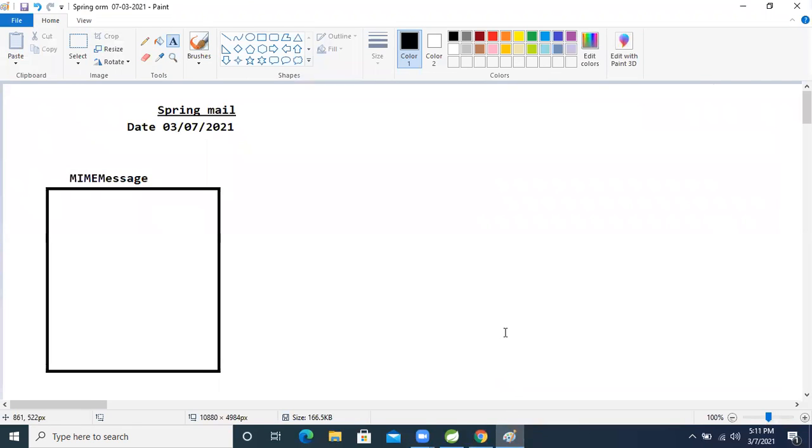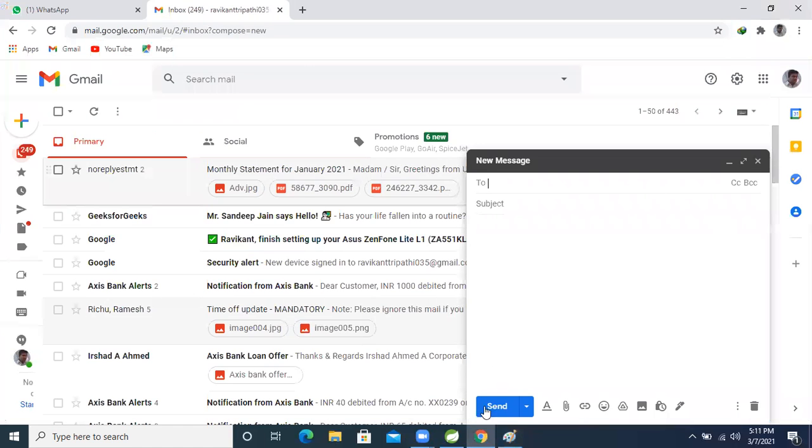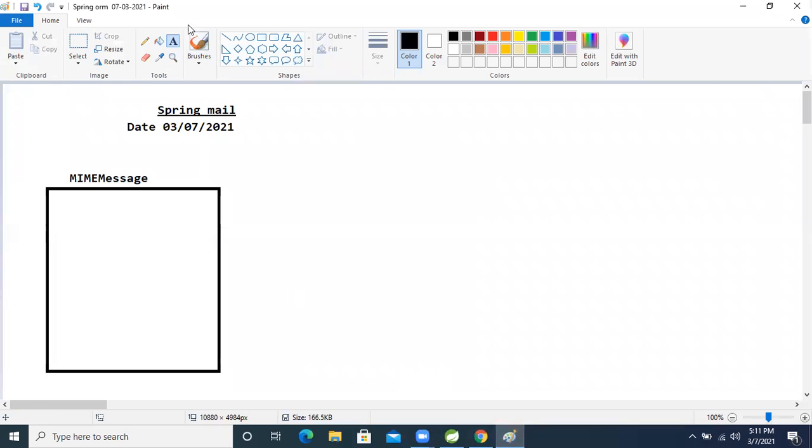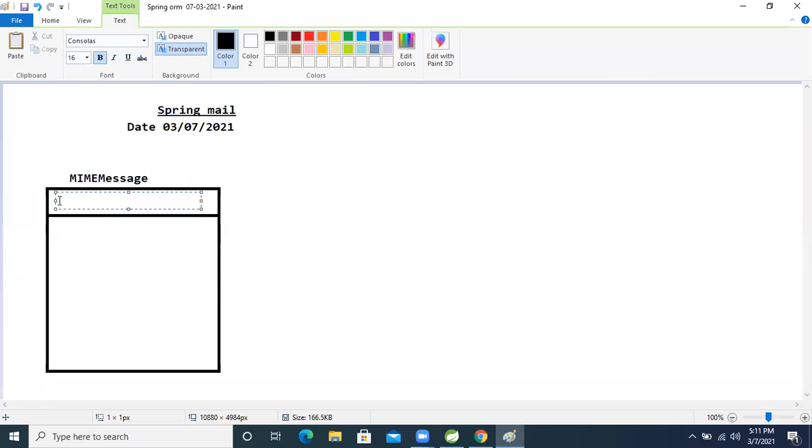Come again, email ID. There are two boxes, just imagine, friend. These are the two boxes where we write whom we send the email to. After that, here only CC, if we want to attach another email ID also, for that CC is there, and BCC is there.